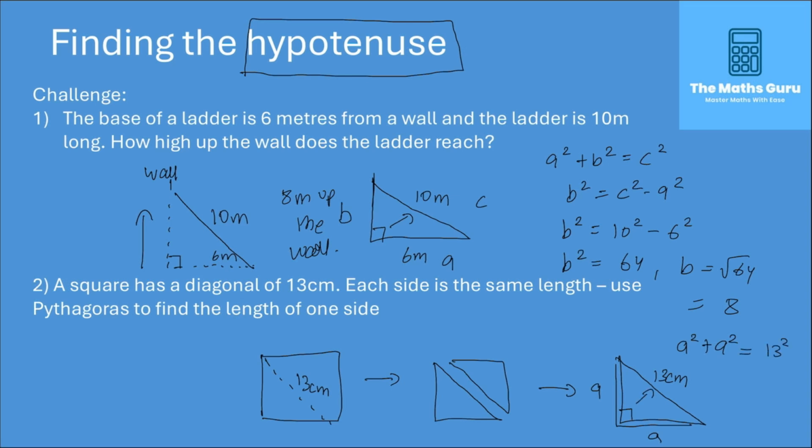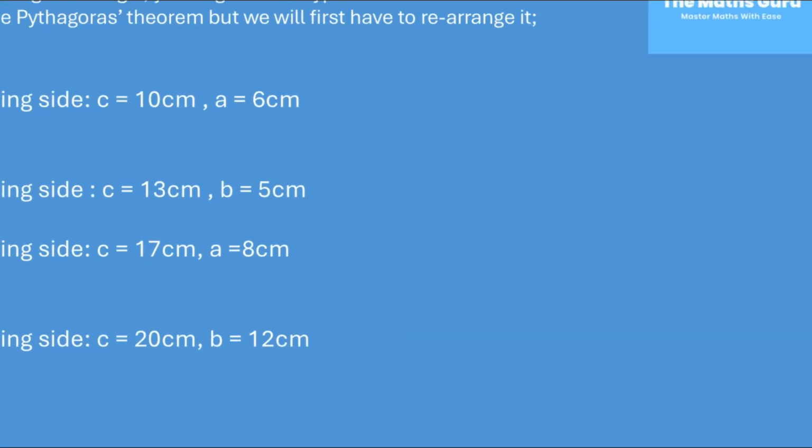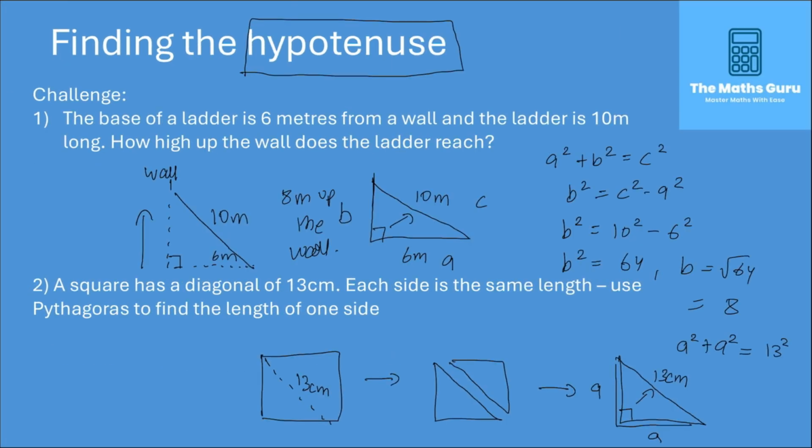That is our hypotenuse opposite the right angle. Hence, collecting like terms, we get 2a squared is equal to 169. Divide both sides of the equation by 2 to get a squared. So 169 divided by 2 is equal to 84.5. Then square rooting both sides of our equation, we get the square root of 84.5, which is equal to 9.2